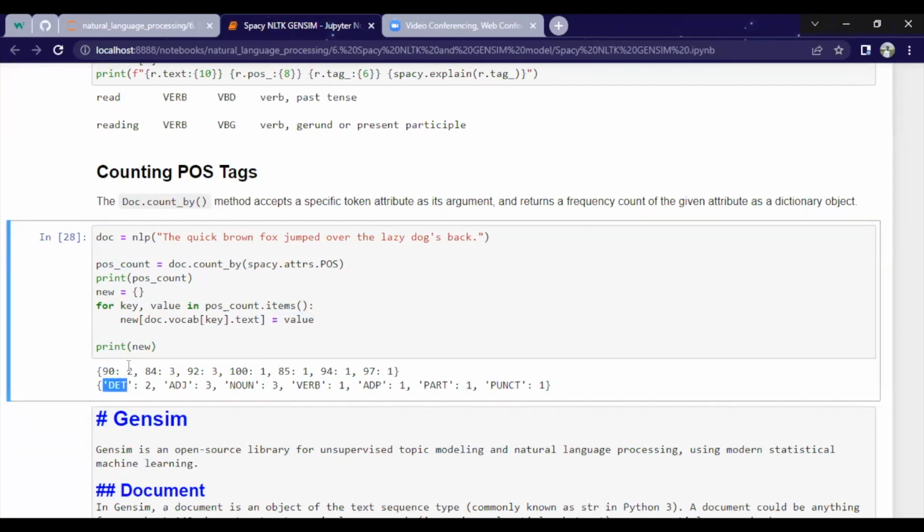90 stands for determiners, DET, and we have two determiners. 84 stands for adjective. We have three adjectives. 100 stands for noun, and we have one. So that would actually take from the vocabulary,